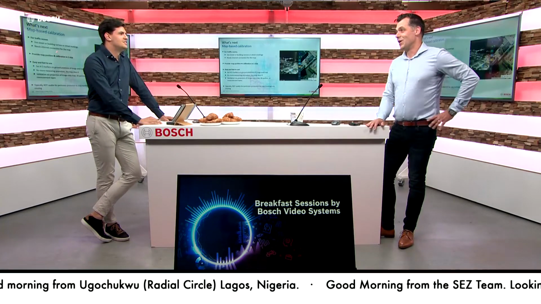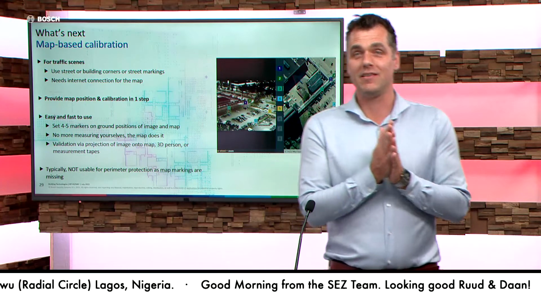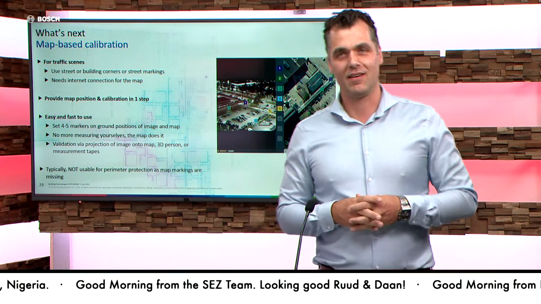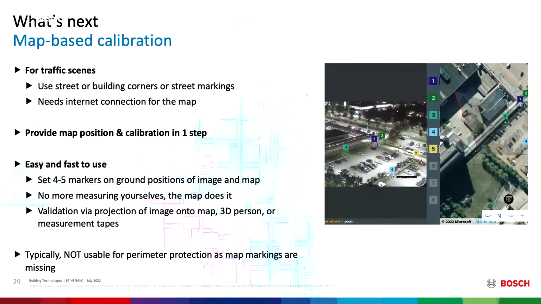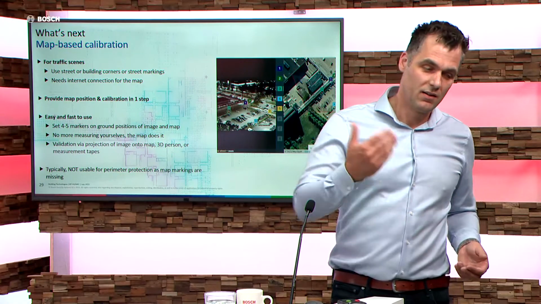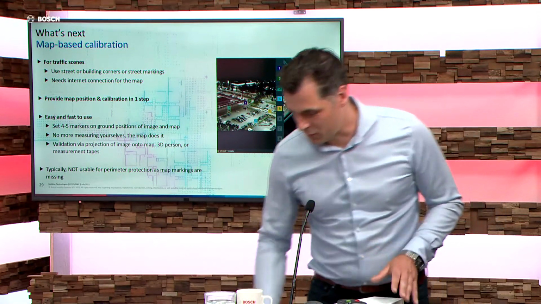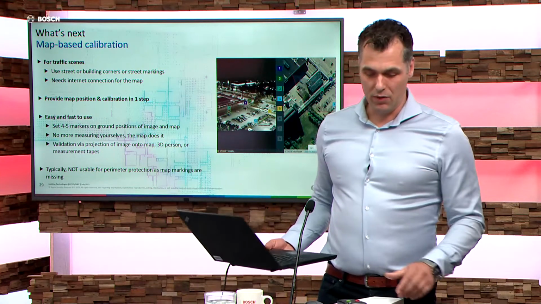Yeah, exactly. All right. Then moving a little bit into something which also is extremely interesting, I personally think so, and that is called calibration, map-based calibration. Sometimes you need to calibrate a camera because you want to tell the IVA, the AI engine, what the 3D view is of the particular camera. You want to tell it, okay, this is the installation height, this is the roll angle, this is the tilt angle. If you don't have zero effort calibration as a capability in that particular camera, then you need to calibrate anyhow. And what we can do is we can do that map-based, and I will demo that.